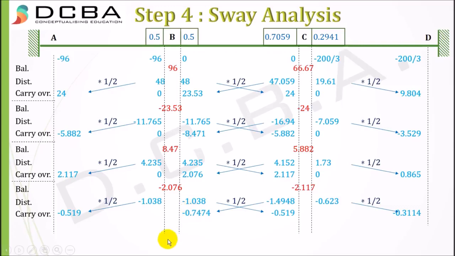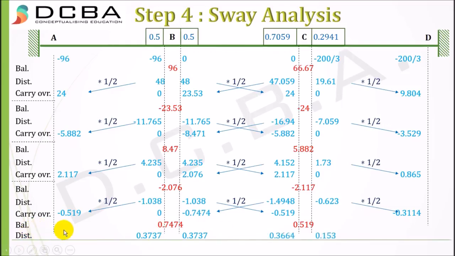Okay, so after 4 iterations we have got a fairly small value from what we started with, and I would suggest you not do more than 5 to 6 iterations because that will just unnecessarily make your sum more lengthy. What you can do is 4 to 5 iterations and then you can stop, you can terminate. So I'll be terminating after this 4th iteration, but I cannot terminate on the carryover step, so I'll have to do one more iteration, that is balancing, and then I'll terminate on the distribution step, right?